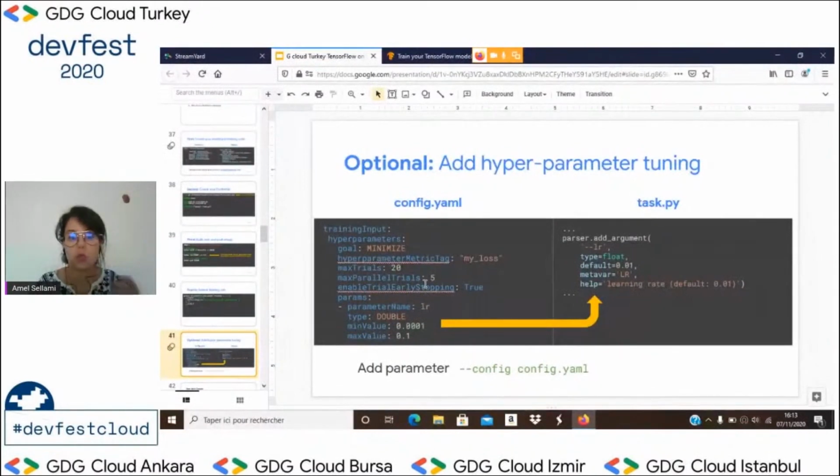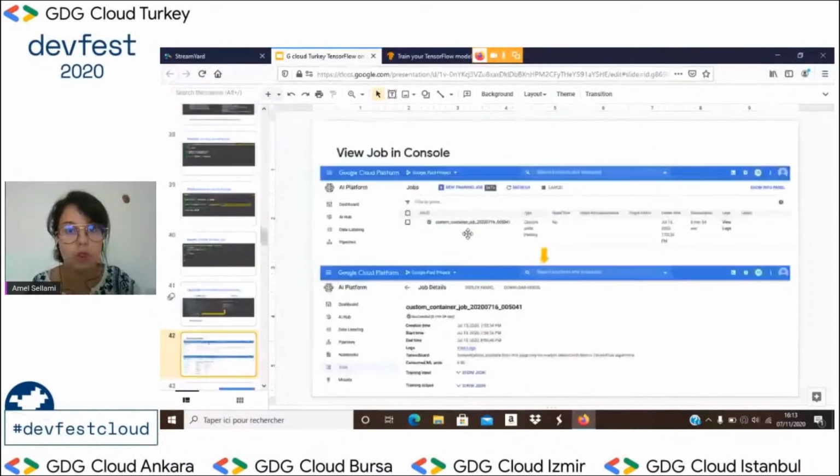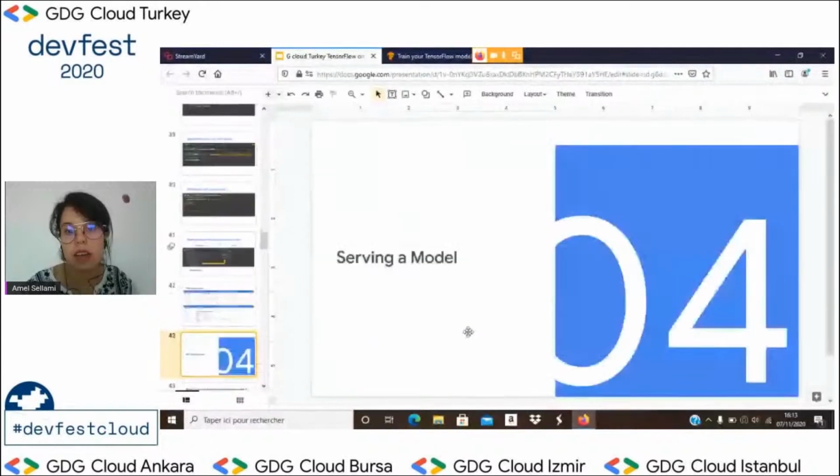So what you find in the console is something like this. You have your job, you submitted your job, and then in Google Cloud you can find something like this. And as you can see, this job was created in 15 July 2020. So you can find all the kind of information that you want to use in here. Okay, so what we have done is that we prepared our setups.